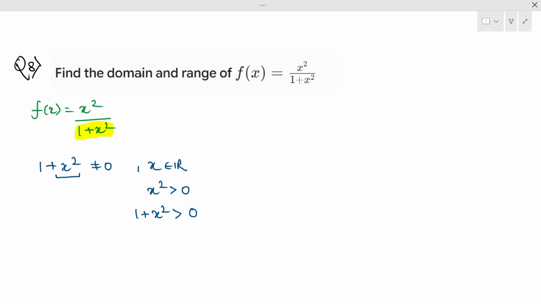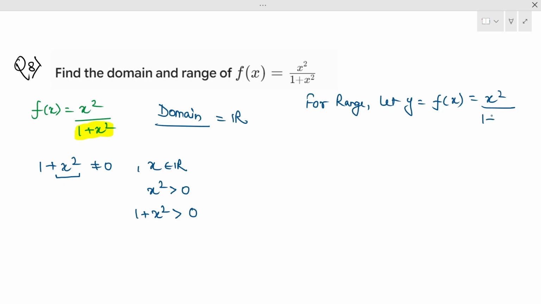So what can be the domain? The domain is x which belongs to R. So the domain will be the set of real numbers, right? Now how to calculate the range? So for range, we can again assume that y equals f(x), which equals x square upon 1 plus x square,